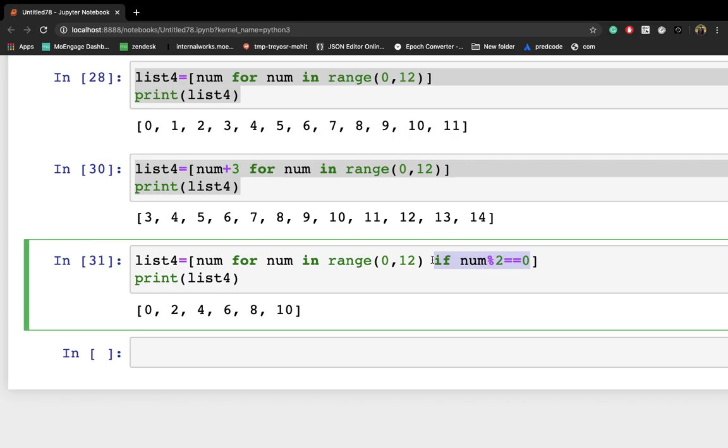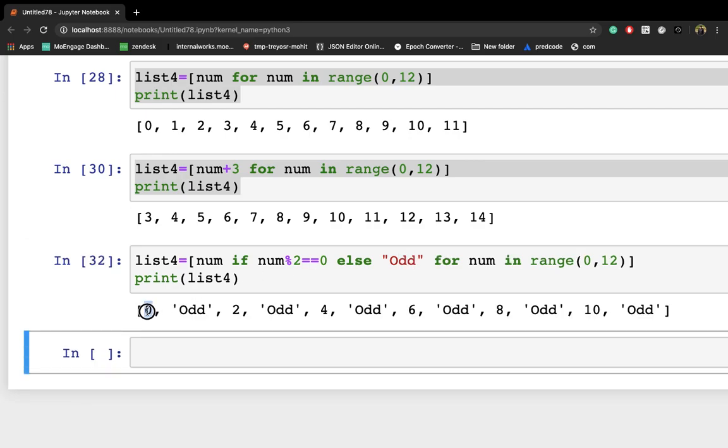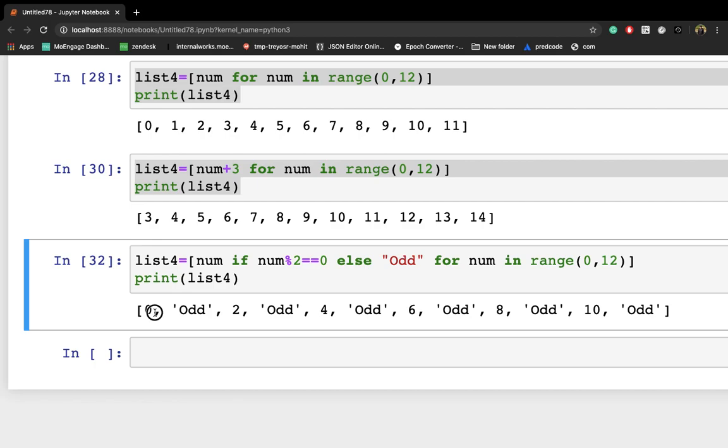So you can use the same thing at the start also. You can write here if num modulus 2 equal to 0, print even, else odd. If you run this, 0 will be even, 1 will be odd, 2 will be even, 3 will be odd.